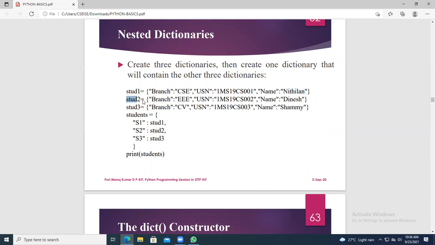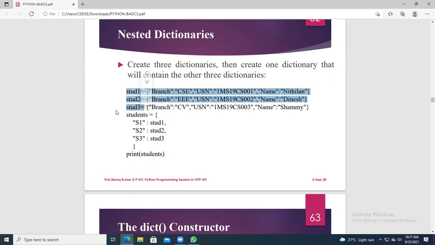Now I have taken the dictionary variable students, that will contain the other 3 dictionaries: stud1, stud2, stud3.